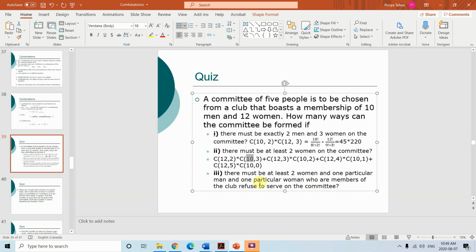So I want you to think about this one and try to modify it so that it would answer the third part, right? Here we have to choose 2 women, but one particular woman doesn't want to be in the committee, so we don't have 12 women to choose from. So we have to select 2 out of 11, and the same thing applies to the options that we have for men. Okay,